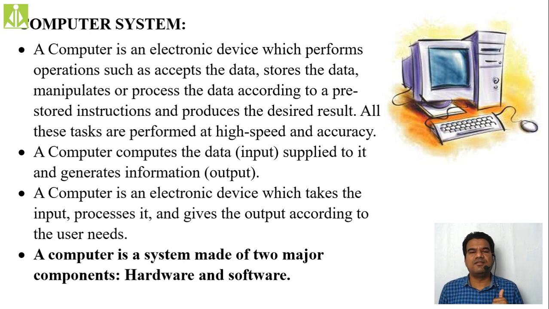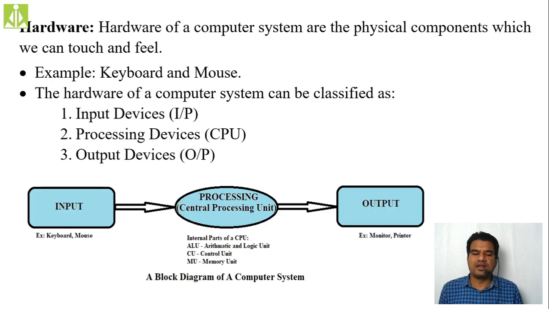But we are following the Ferozer and Gilbert textbook, and according to the textbook, the definition of a computer is a combination of two major components. One is hardware and the other one is software. Hardware is something we can physically see, touch, and feel. Software is something that is virtual. We have not started the discussion about software, but hardware, we said, is further classified into three different types: input devices, processing unit, and output devices.